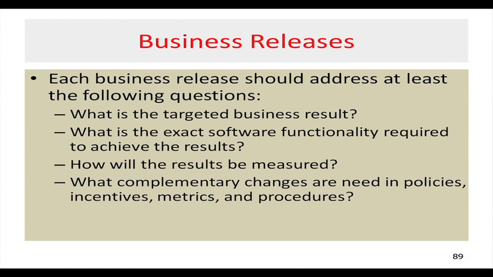So, the measures for these departments are going to vary depending upon the functionalities, right, and when complementary changes are needed in policies, incentives, metrics and procedures. Okay. So, complementary changes, like how are we going to see, so you have been measuring the functionalities, the changes and the metrics and the evaluations of the marketing department or production department or say R&D department in different ways. So, what kind of changes do you want to bring about, changes in the measures to evaluate the success of the KM system at different time periods across departments, right, and how are we going to link it with the